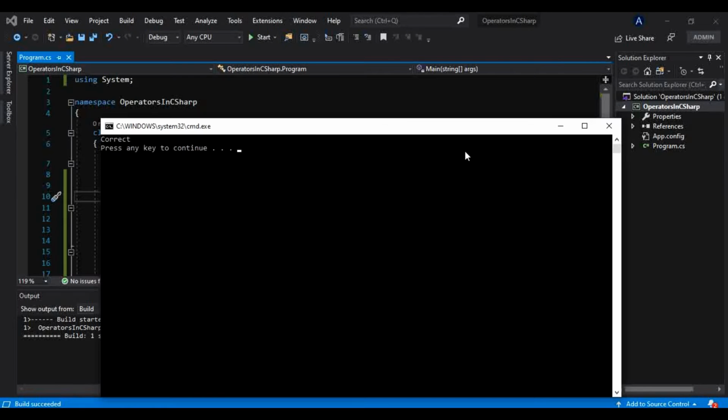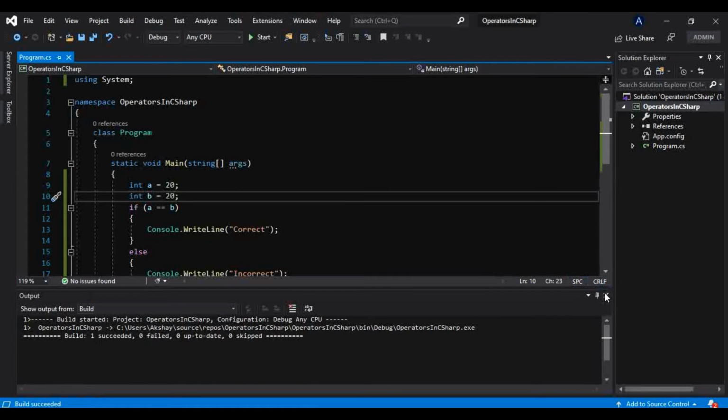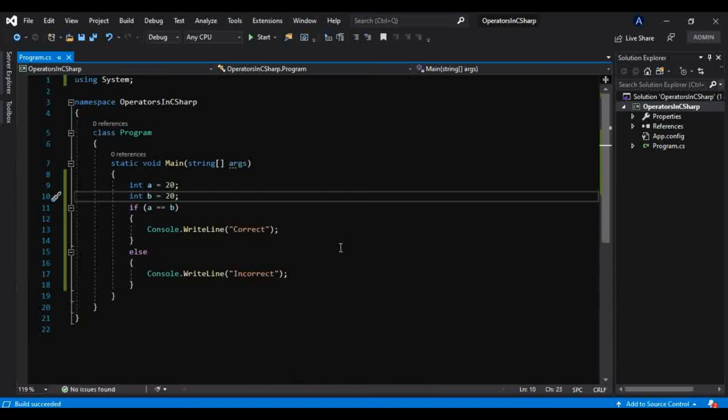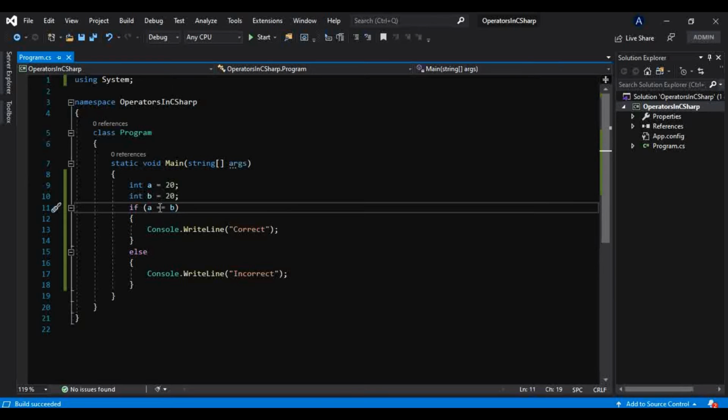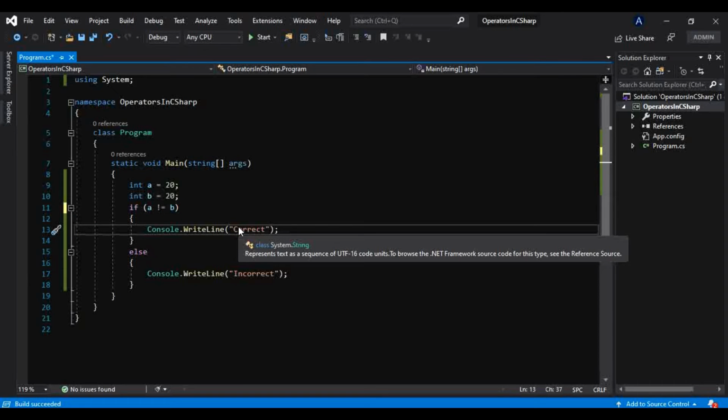That's how we can check if two values are equal using the equal to operator. That is one of the comparison operators, also called a relational operator. Just like equal to, there is not equal to, which uses the not operator, and we will see that in one of the operators.